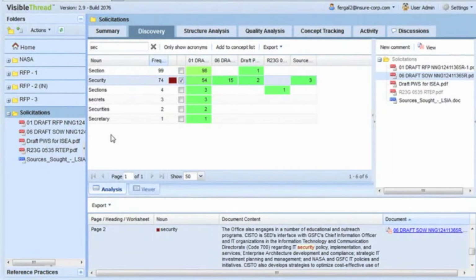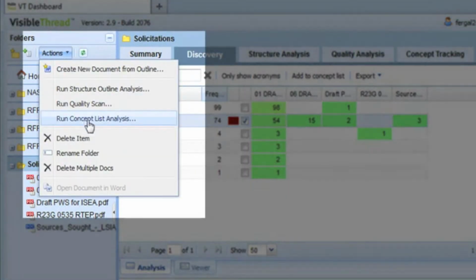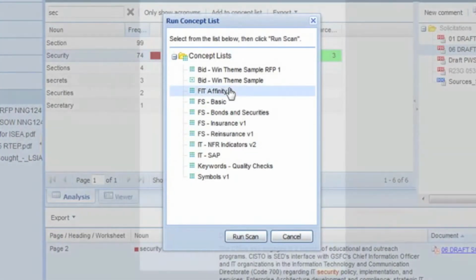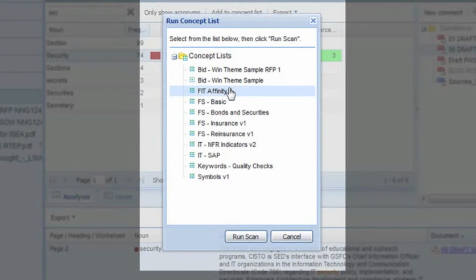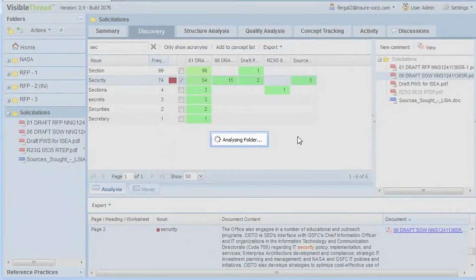Okay, so far we've shown a discovery view, which shows all of the nouns across the documents in the folder. This is often used to help inform win theme development, as well as qualification for bid no bid decisions. However, what happens if you would like to explicitly check for certain key terms? Well, we can do that too. Simply by clicking Actions and Run Concept List Analysis, we can use a specific dictionary. In this case, I'll choose Fit Affinity 2, which is an explicit set of terms or phrases that we would like to filter on. I click Run Scan,